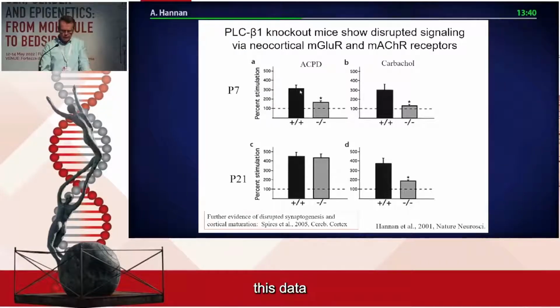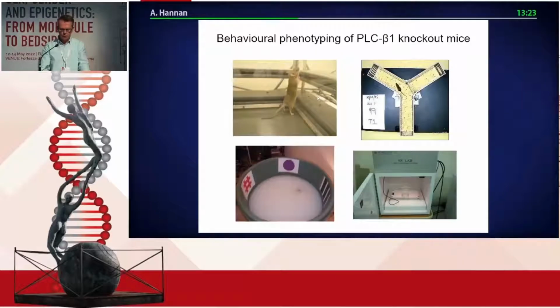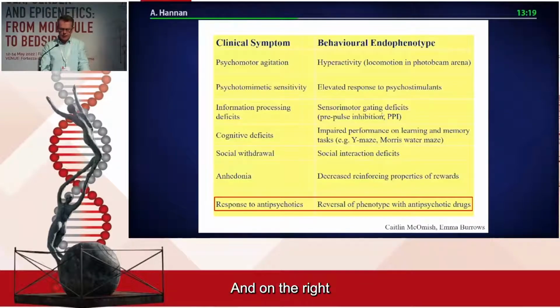I won't dwell on this data, which is really just showing that using synaptoneurosomes, that stimulating mGluRs, and we think it's mGluR5 in particular, when you've knocked out this gene PLC beta 1 from the cortex, you lose signaling through that pathway. We phenotyped the mice on a whole bunch of behavioural tests, and on the right you can see